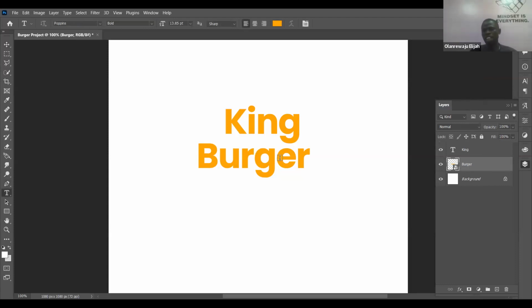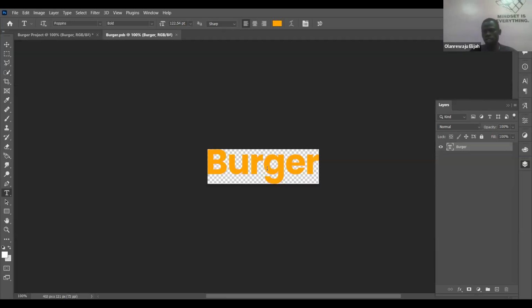But there is another way I can type on it, right? If I double click on this thing that looks like a folder, this thumbnail, it will open another document. Then that is when I can change it.